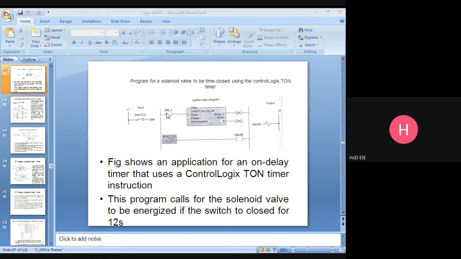Once the switch SW1 is closed, suddenly the enable bit will be enabled and the timer timing bit starts timing.